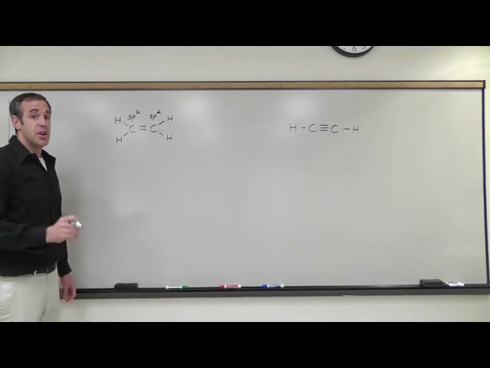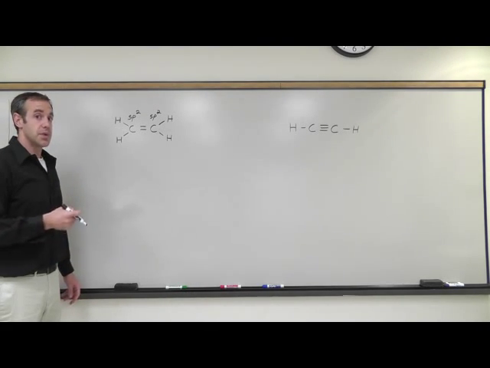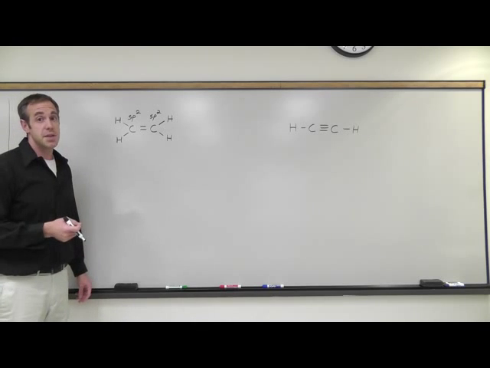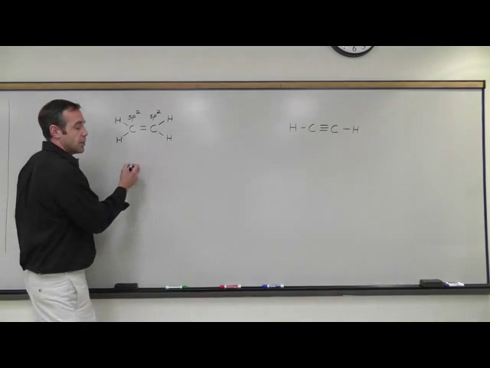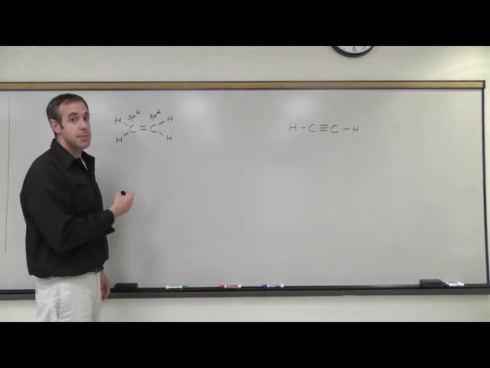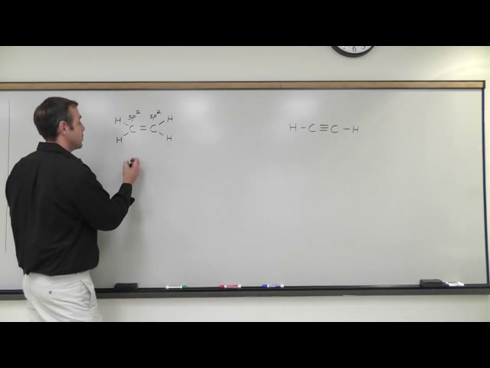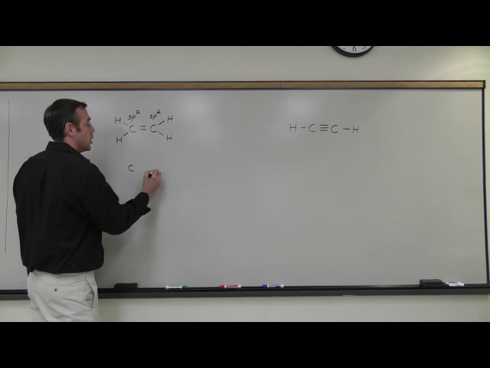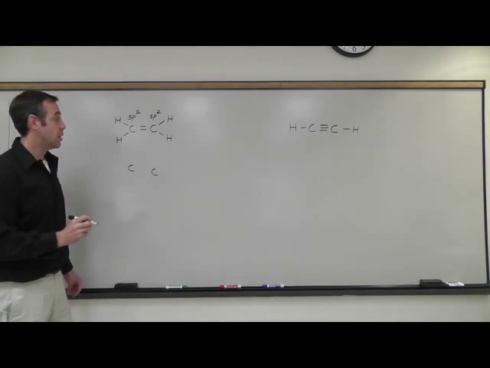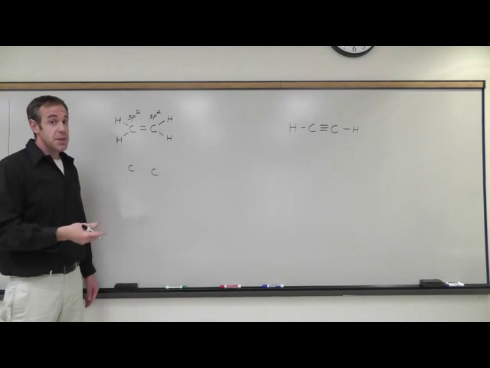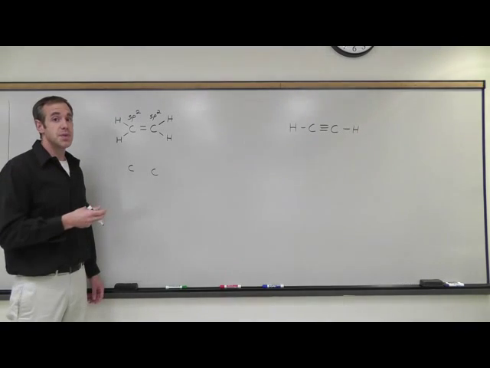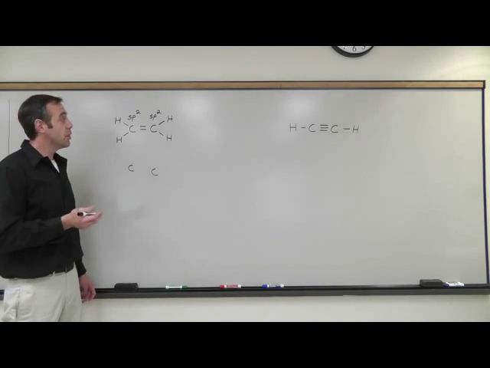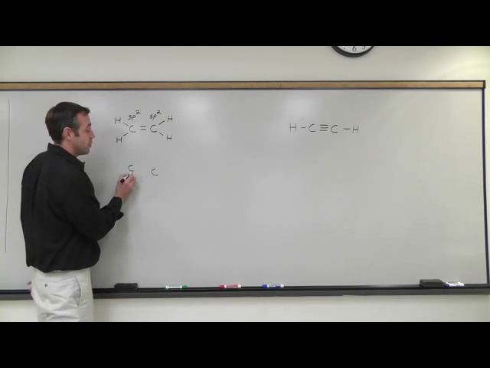What I'm going to do now is draw in detail how those hybrid orbitals overlap to form both sigma bonds and how the unhybridized p orbitals will form a pi bond. And so if we just want to investigate the sigma bonding network that forms the basic skeleton of the molecule, we can start by drawing our two carbons. And if these carbons are sp2 hybridized, that means they have 3 sp2 hybrid orbitals projecting out from them at 120-degree angles. And so, for example, this carbon here